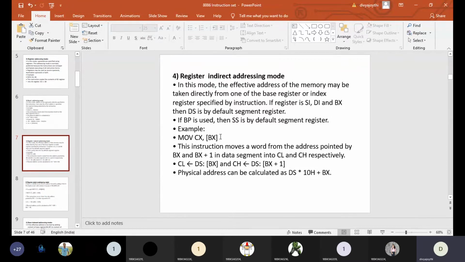So here how will the processor execute? The processor will first move on to BX, and BX will be having some value. As that value is represented within the braces, that value is considered as an address. Now the processor will move on to that particular address, get the data stored in that address and transfer the data to the destination register. This is how internally the processor will execute. So in register indirect addressing mode, BX will be storing the offset address of the data. That is about the indirect addressing mode.